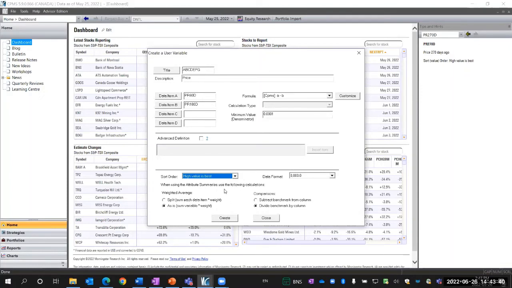The settings down here all pertain to the attribution summaries. I'm not going to touch on it again unless somebody has a question for that. I can talk on that later. But just as an example here, I'm going to change the setting from divide benchmark by column to subtract benchmark